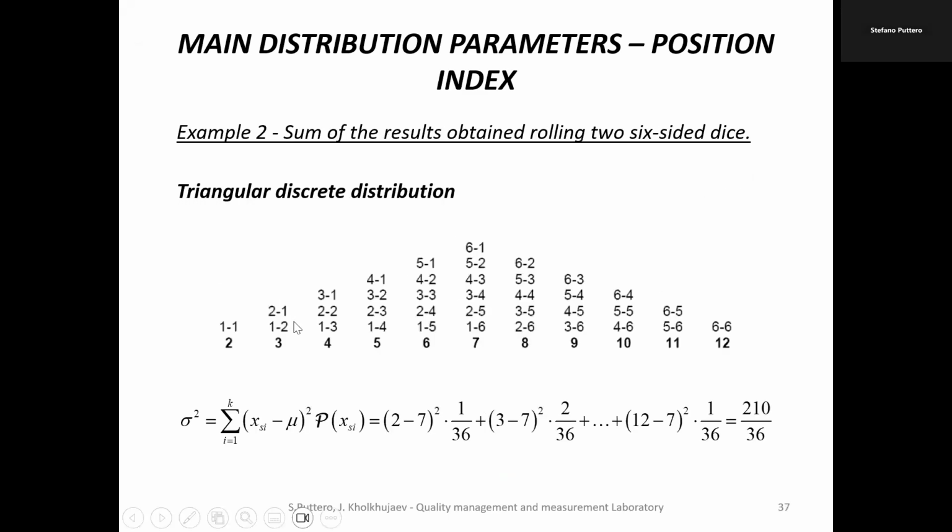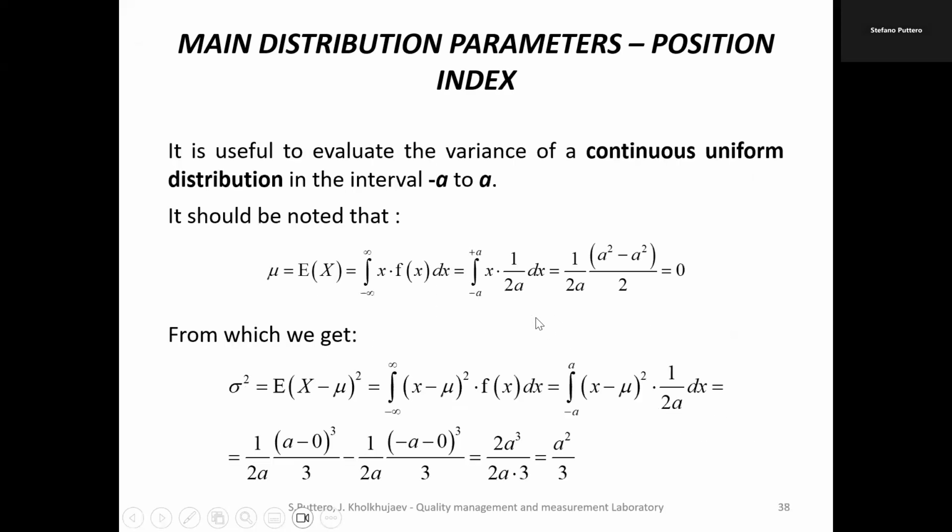We have also the example of the sum of the results obtained rolling two dice. It's just the same. It's a bit longer, of course, because we have 1, 2, 3, 4, 5, 6, 7, 8, 9, 10, 11 possible solutions. But the reasoning is just the same that we have already seen. In slide 38, there is only a particular example that we want to cite in this